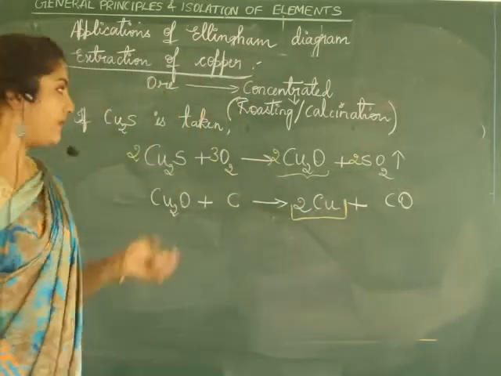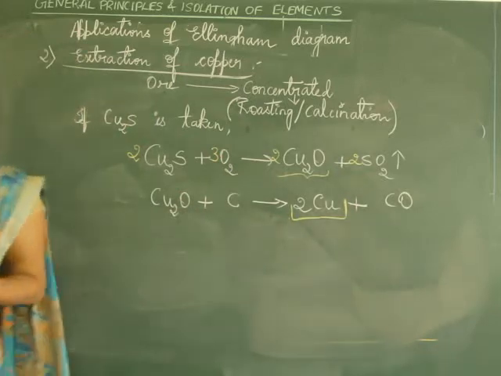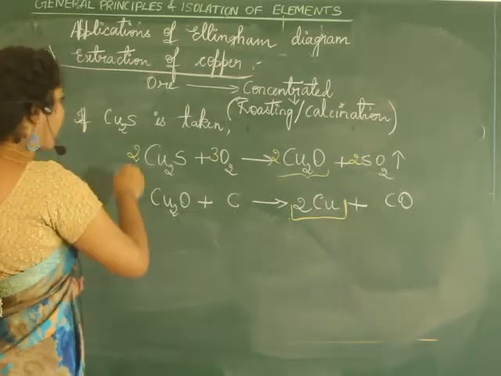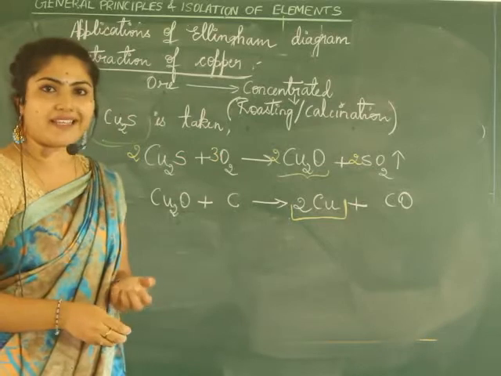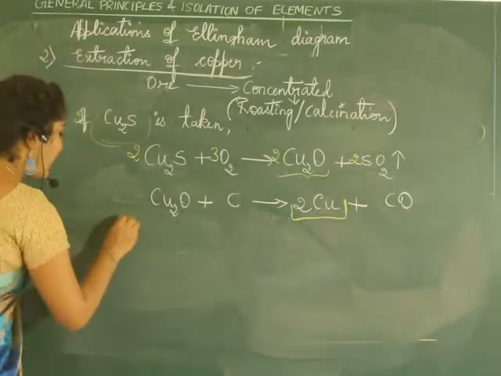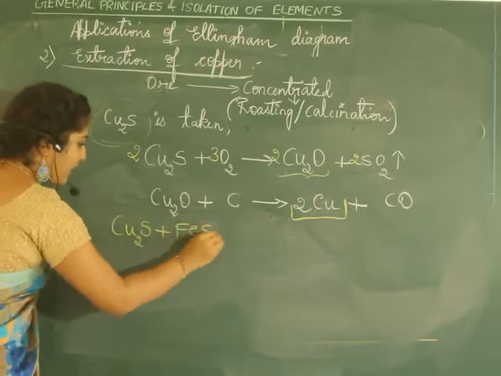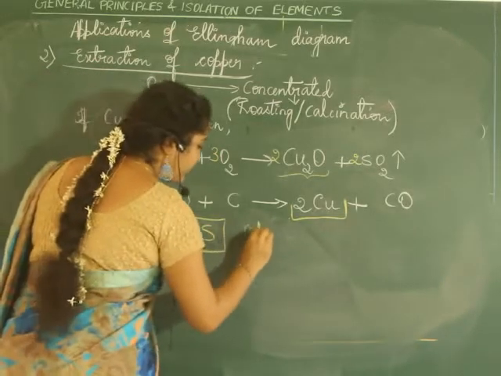So usually this is a brief explanation of the steps. So usually what will be done is, first the copper matte, which is there, is not actually separately present as Cu2S, isn't it? I have told you it will be present as Cu2S along with FeS. What do we call this? We call this copper matte.